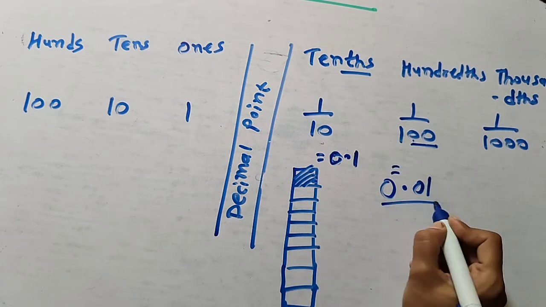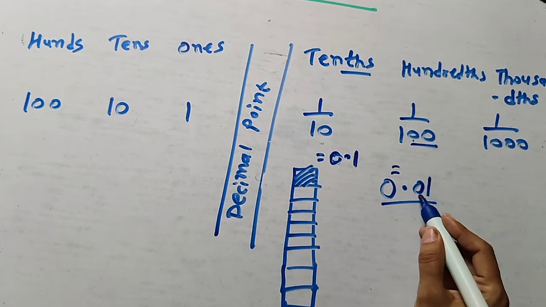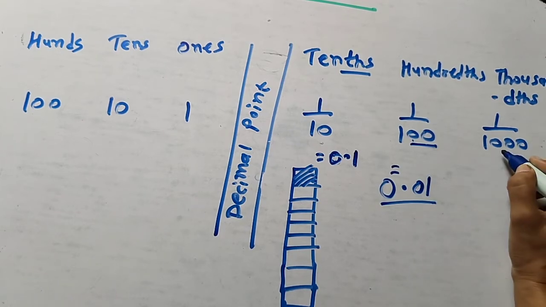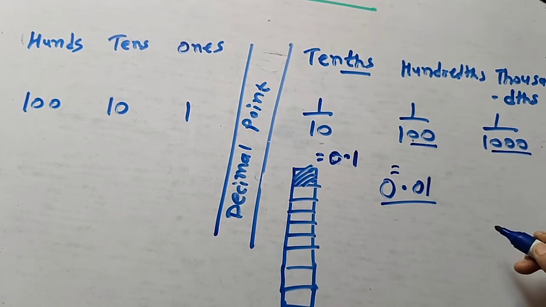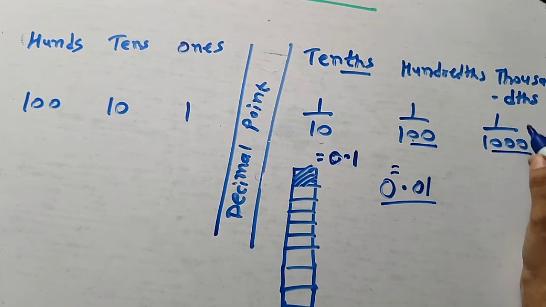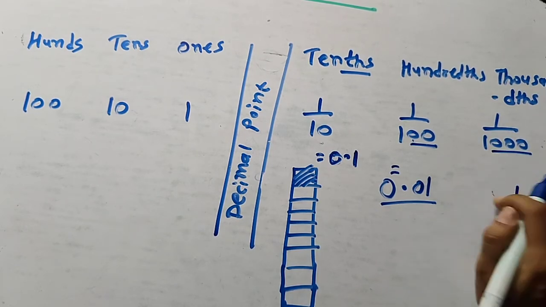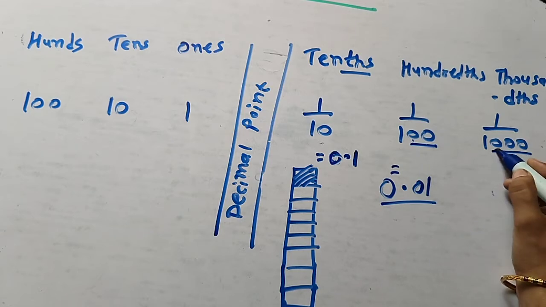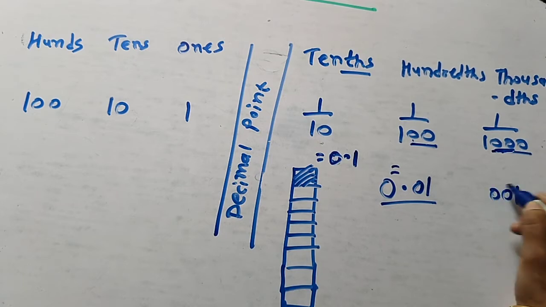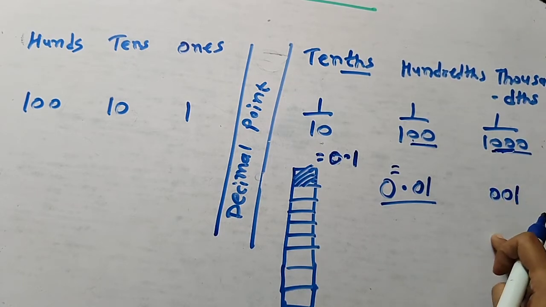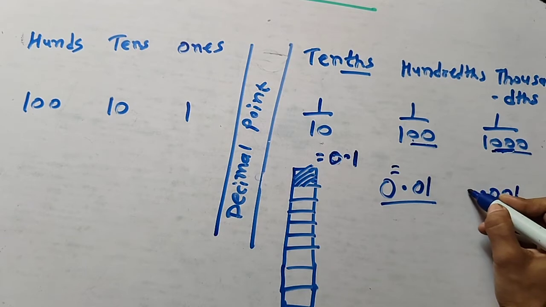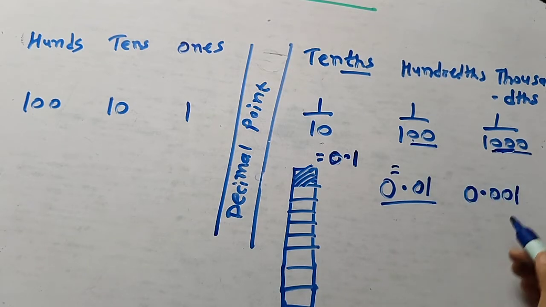Yourself. Okay, so here we get 1/10 means 0.1. And 1000, how to write? How many zeros are here in 1000? 3 zeros. But in numerator how many numbers do we have? We have only 1 number. Okay, so in 3 zeros, you have to put 2 more 0 here. 1 2 3. Now here we get 3 numbers, 3 zeros. Now you have to put the decimal point. Here is no number, so you have to put this 0. 1/1000 means 0.001.